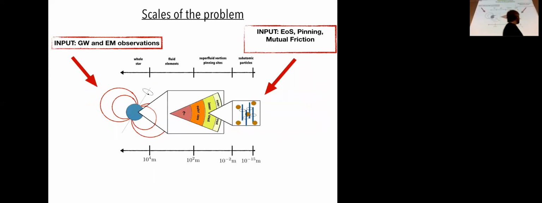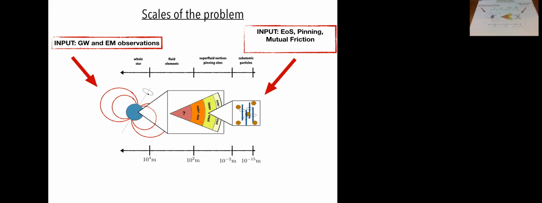Okay, so if we want to try and understand this system, again, we have to understand it over many different scales. This is somewhat similar to what Professor Berenguer was showing yesterday. One has to start from the microscopic scale, the Fermi scale or something like this, where on the one side you need to understand the interactions between subatomic particles that give you the equation of state. But then we have the superfluid. We also need to understand interactions between a vortex, say, and the nuclei in the crust, to which we may pin.